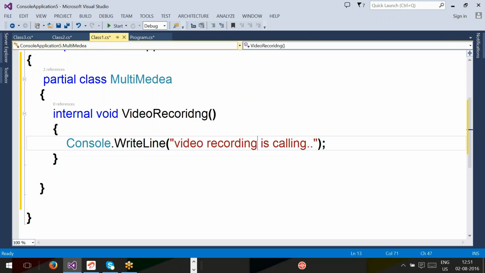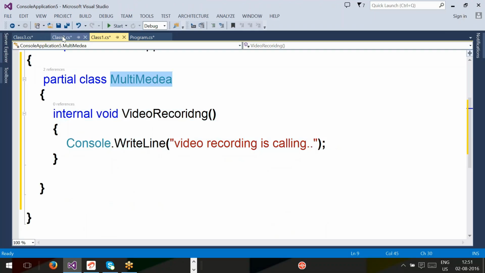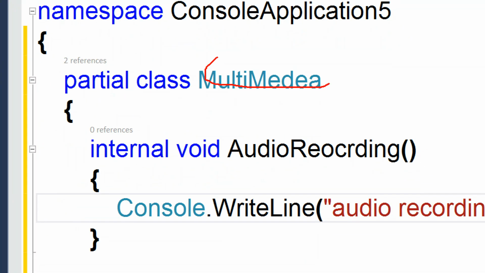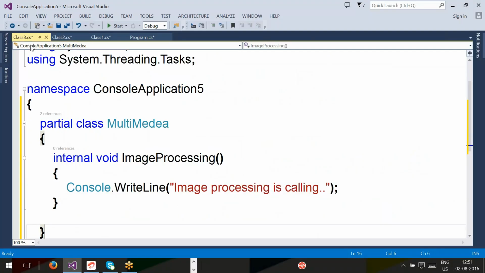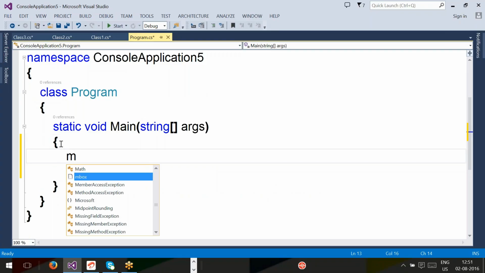You can see class 1.cs, video recording, same class multimedia. Class 2.cs, multimedia class, audio recording. Class 3.cs, multimedia class, image processing. Okay. Now